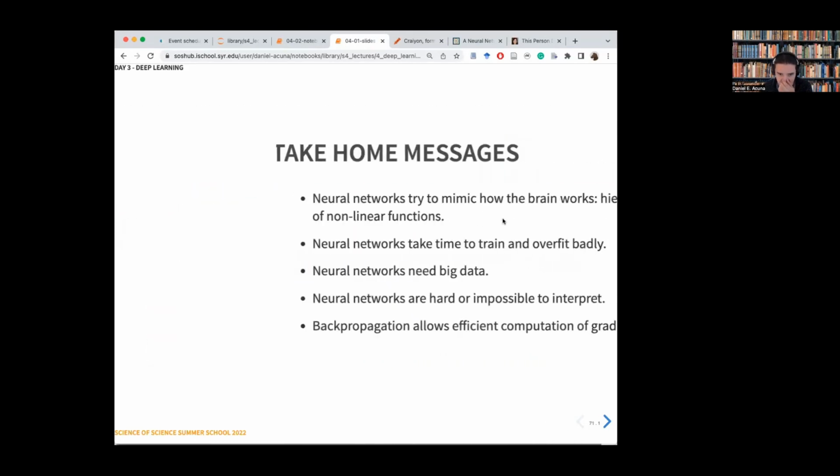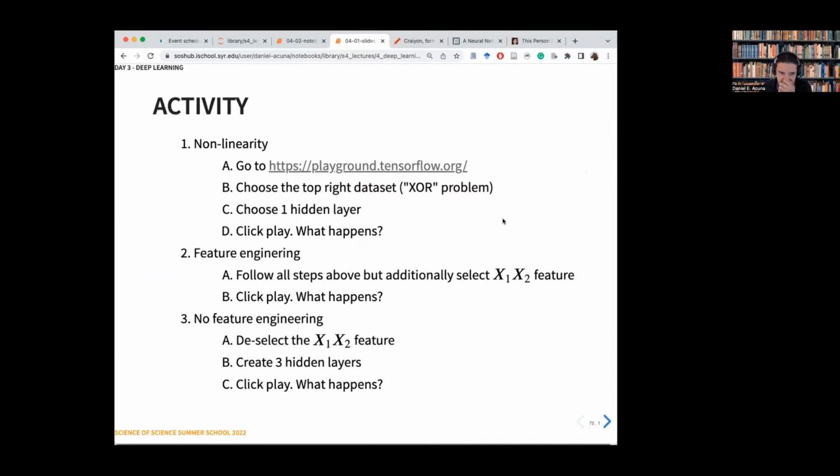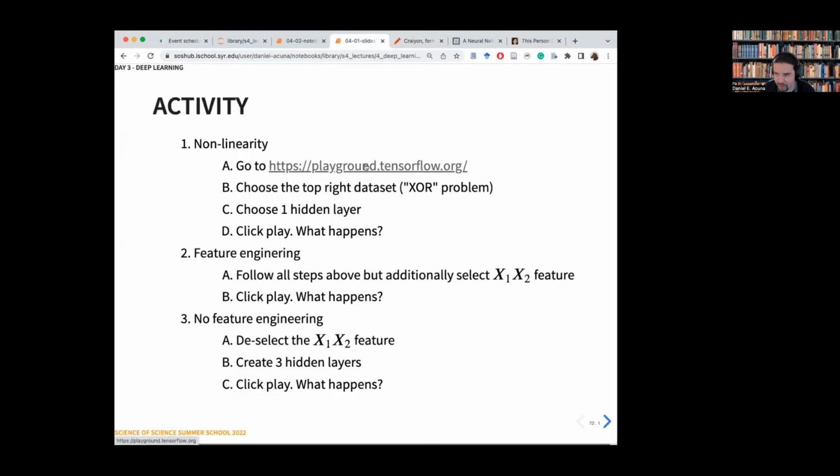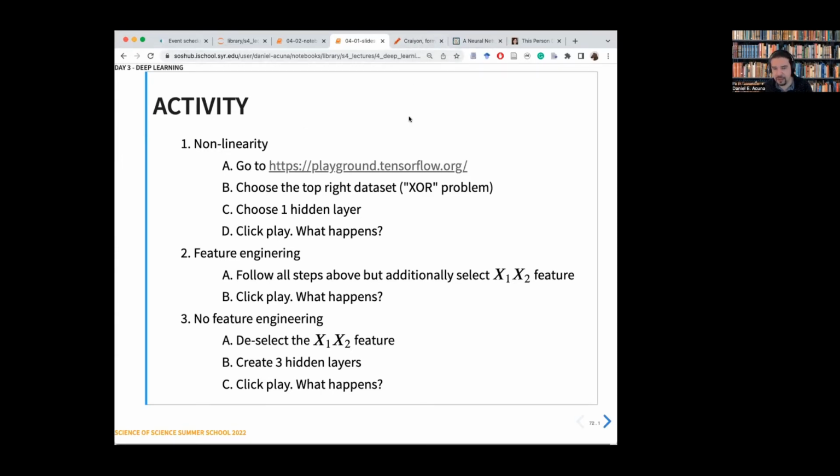Okay, so I want to do a little demo for you, not of these complicated neural networks, but of a simpler neural network. And I want to do an activity. We're going to see first that with a traditional regression, we cannot capture some nonlinear relationships in data, so we're going to do feature engineering, what you would do in your typical statistical analysis, let's say interactions. Then we will see that neural networks can do the feature engineering, the interaction discovery, for you. And that's where the power comes from.